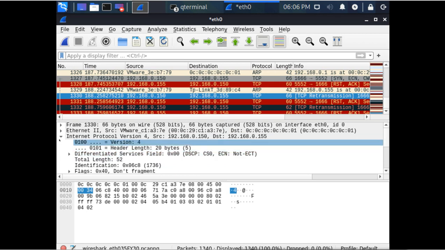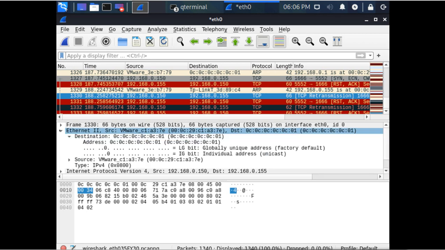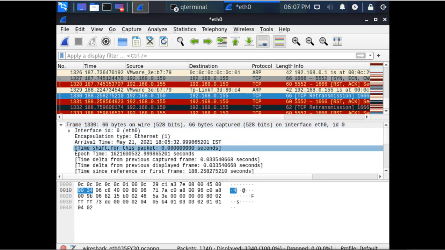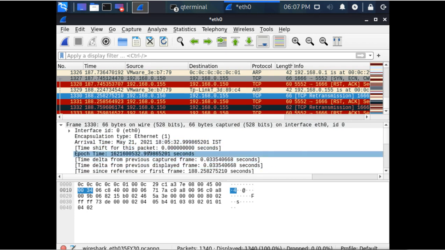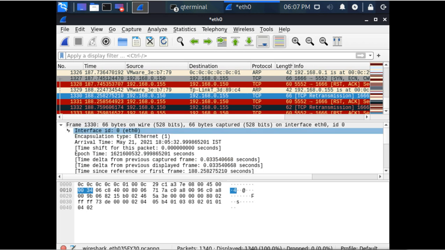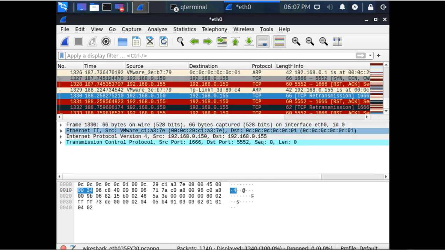Then in the Ethernet layer, you can see source and destination MAC addresses and other information about the MAC. Then you can see the physical information here, this frame information, interface ID and all this. Then here you will see the packets in hexadecimal, in hex view.